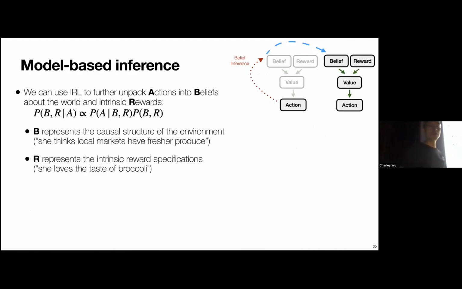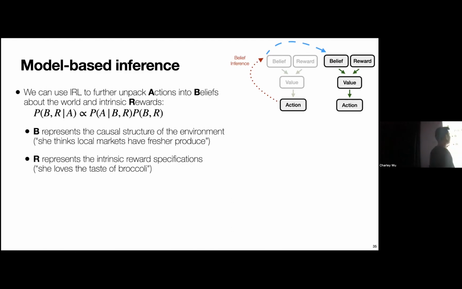We can also go even a bit higher up this decision-making hierarchy by performing model-based inferences, right? So not only inferring their value, but inferring something about their beliefs about the structure of rewards, right? So we can unpack this a bit further when we've broken down value into 2 different components of what beliefs, B, and rewards are